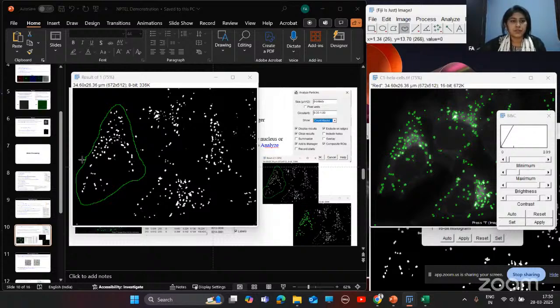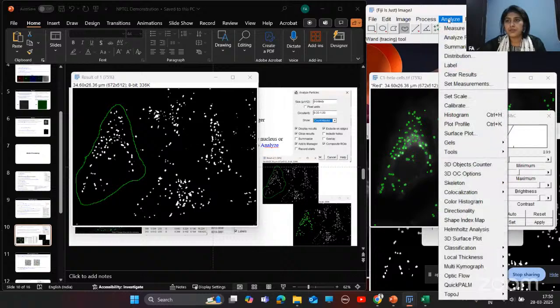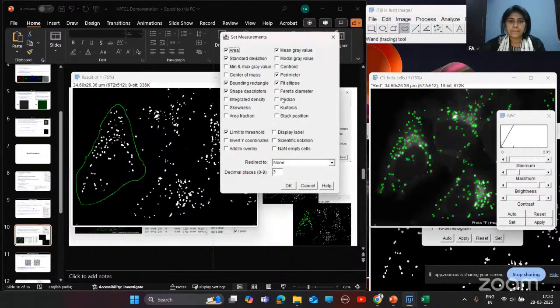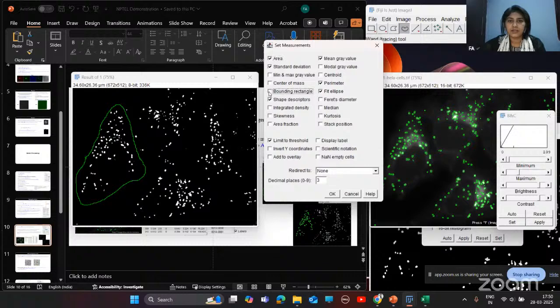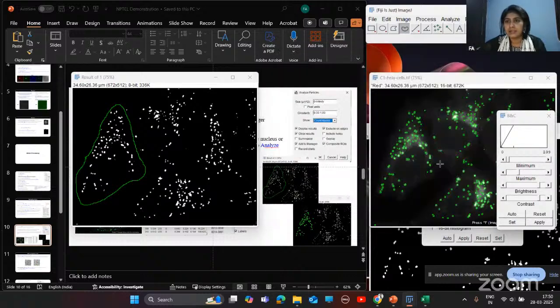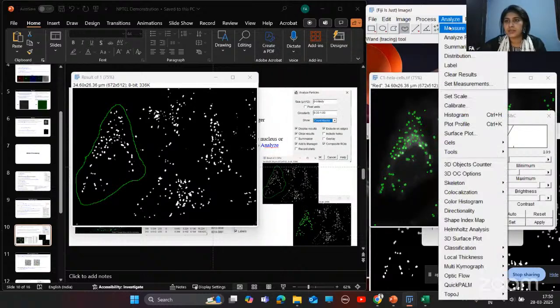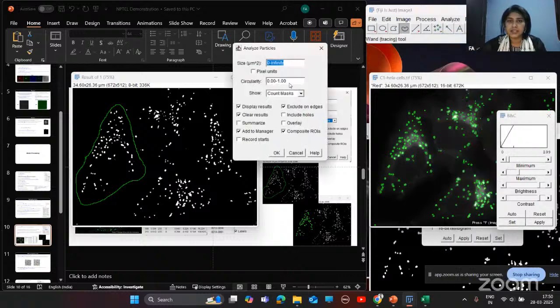So if you want to analyze all these foci from this cell, what you need to do, you need to go to set measurements, and here you need to check this. So this should be selected importantly, and I'll click OK, and next I'll go to analyze particles.